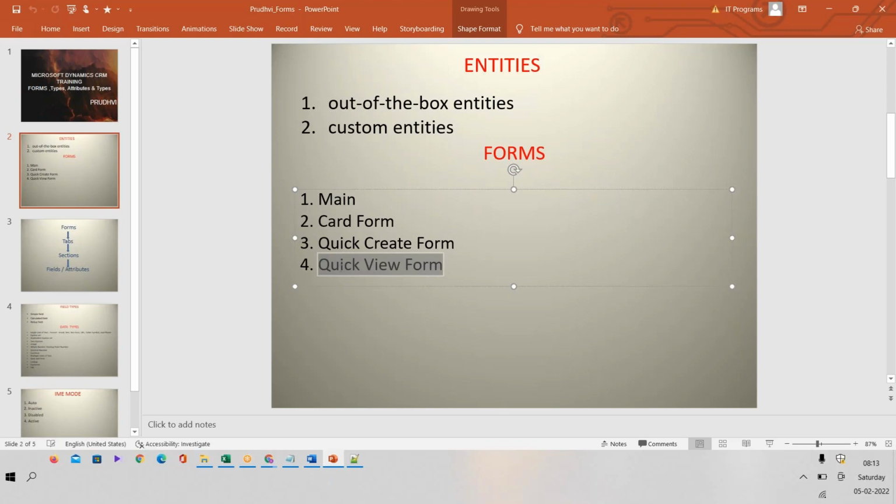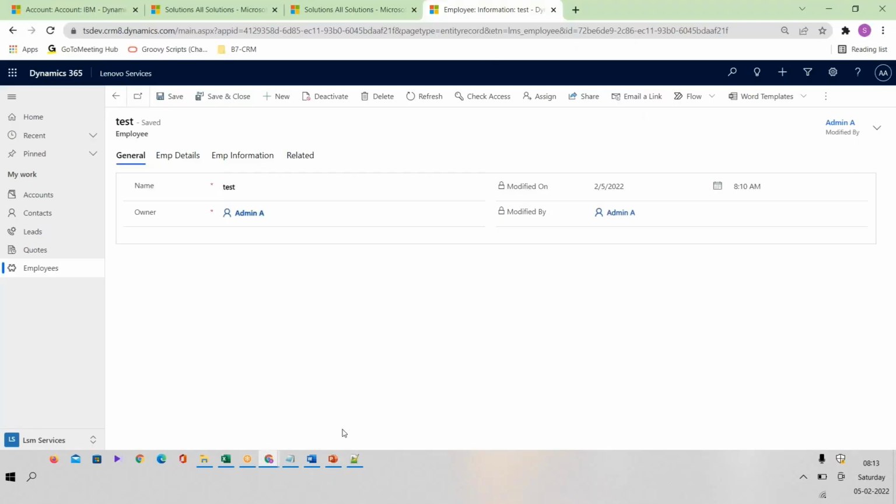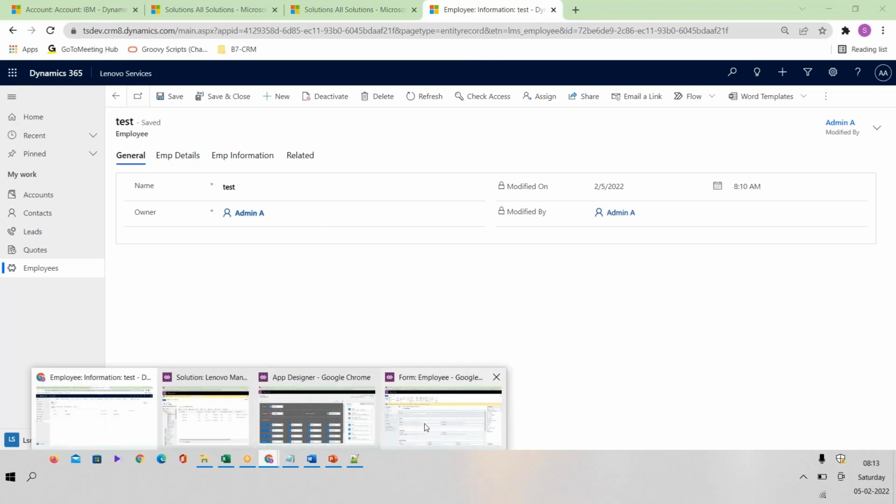Quick view form I will explain after the relationships, because there should be a relationship in order to show this quick view form. I will show you once we are done with the relationships. Right now we will see the quick create form. So what is a quick create form? In order to create a quick create form,